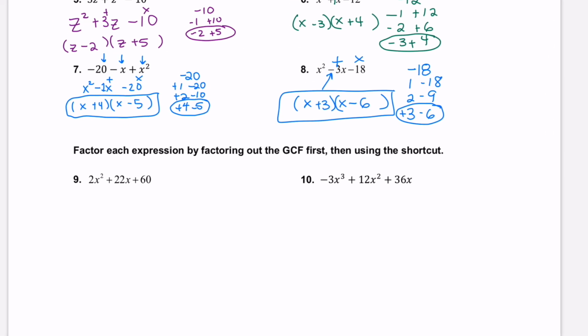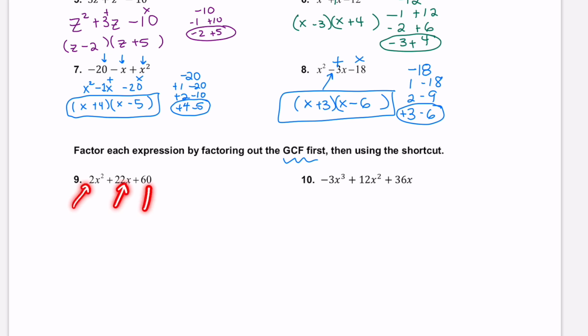Okay, now we're going to factor each expression by first factoring out the greatest common factor. Now, when you are ever factoring, the very first thing you want to look for is, is there a number that will evenly divide into all of the numbers? Now, this first one, all of them are even, and any even number will be divisible by 2. So I'm going to pull a 2 out of the factors, which means I'm going to divide